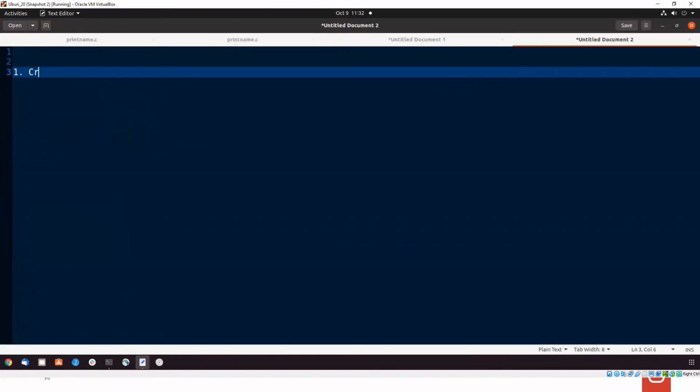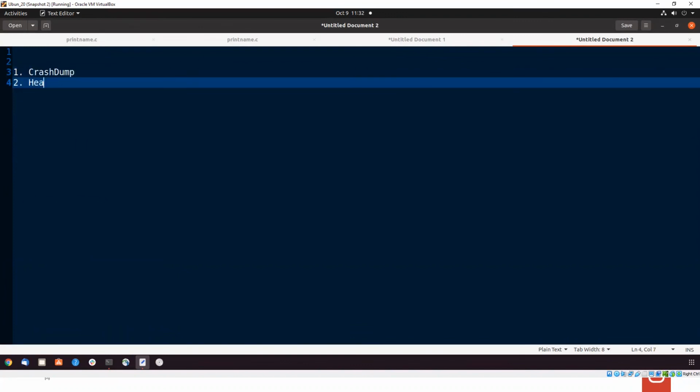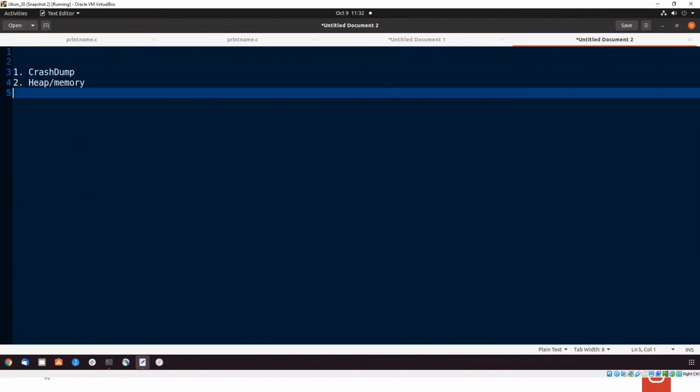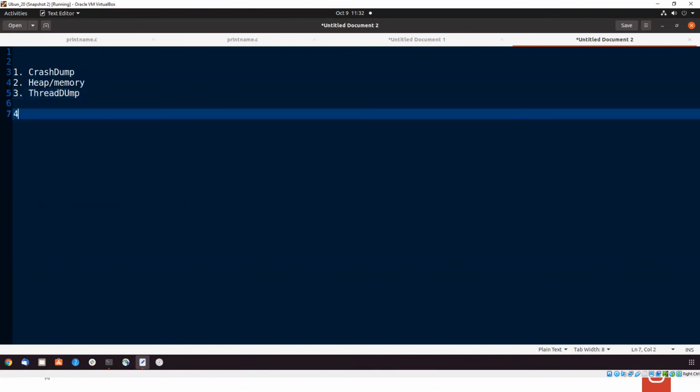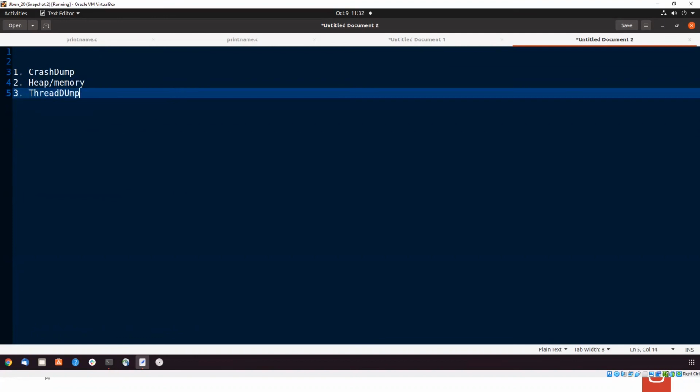So you wanted to know what is a crash core file, sorry, crash dump. And you want to know what is a heap or memory dump. And you want to know what is a thread dump. This is what you want to know, right? And one more question is about the scenarios. I think I have noted it down. I don't want to spend time. Okay, so crash dump. I think I explained how the crash dump happens. Even though I don't want to use it, I find this is the easier way to explain.